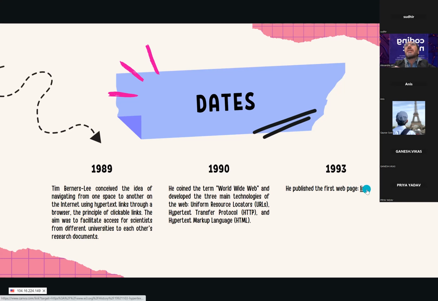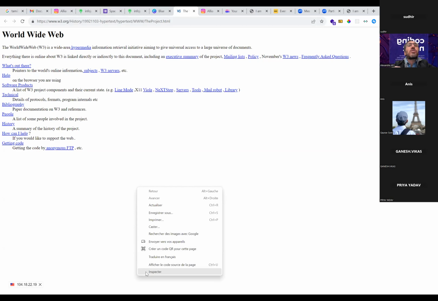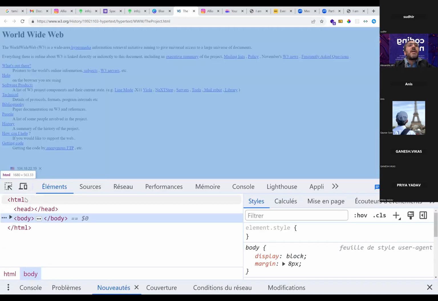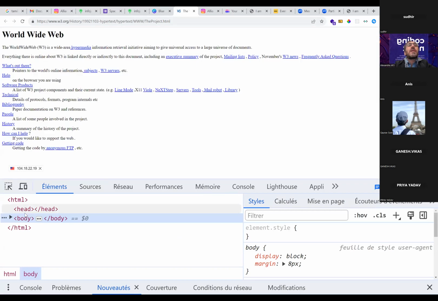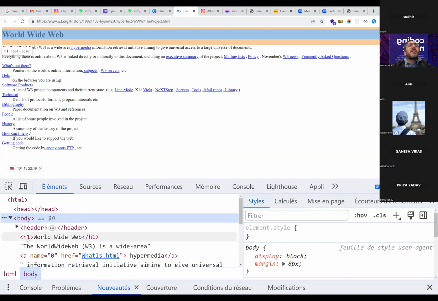So we will see here in the link how it was. This is the first web page of the world. You can see that it's very basic. You got a little bit of text. You got links here. And of course, if you want to see the structure of this page, you come back to inspect. In the console, we have HTML, the head, the body, and of course, header,